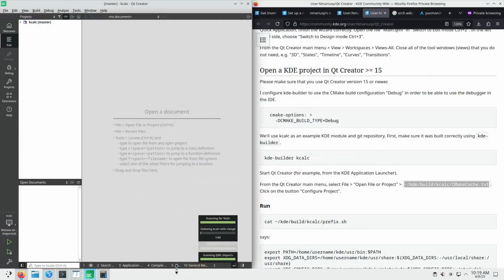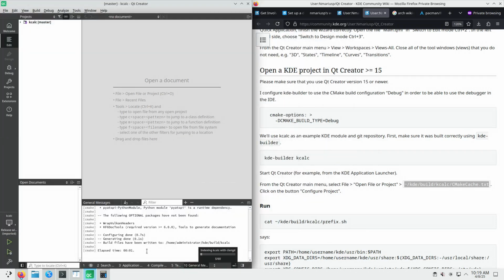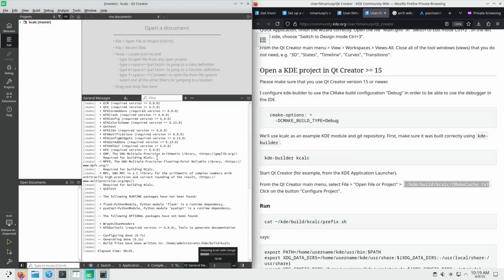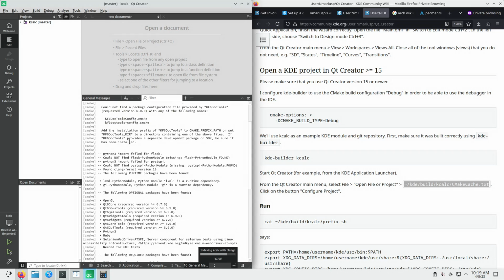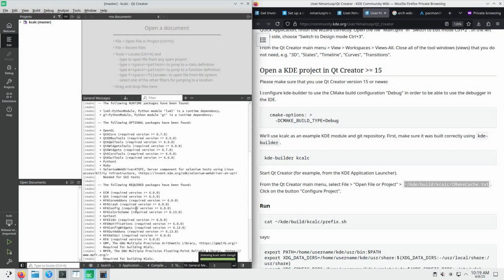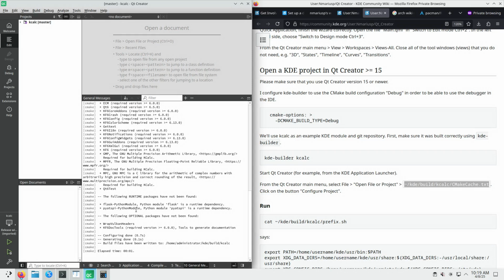It's going to run cmake in here. The cmake configure step, it's going to run it automatically. It looks okay. It succeeded. It did run the cmake configure step in exact same way that kde-builder has done it. So if kde-builder has succeeded building the kcalc module, then kde-builder has succeeded running the cmake configure step for kcalc, and then Qt Creator will successfully run the step